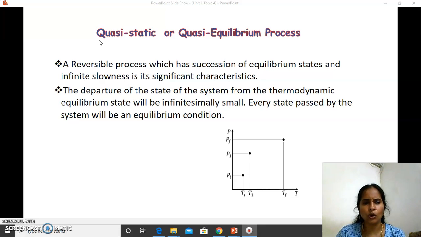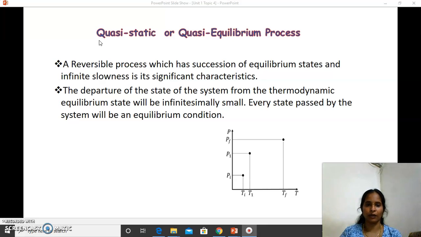Slowness is the very best tool for the effective completion of all types of processes. So here also, slowness means no effect or trace of the reaction will be stored in the system. It will not be affected. We have to conduct this quasi-static or quasi-equilibrium process in such a way that the system should not get any